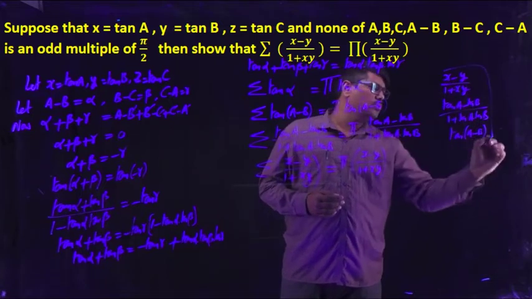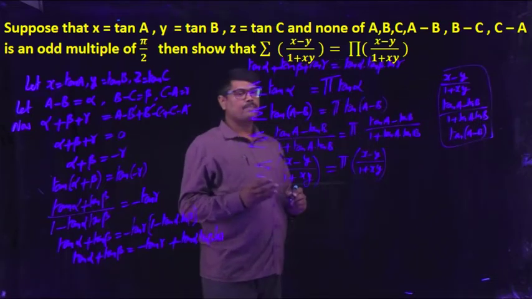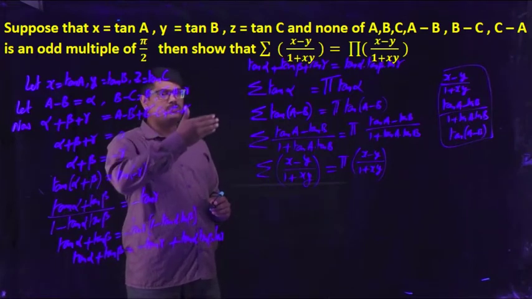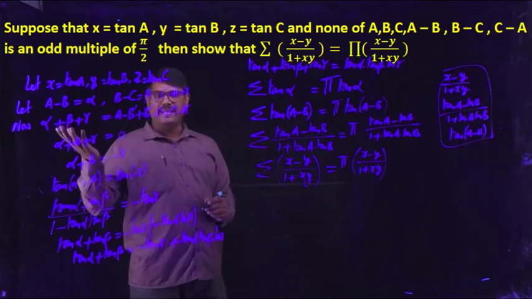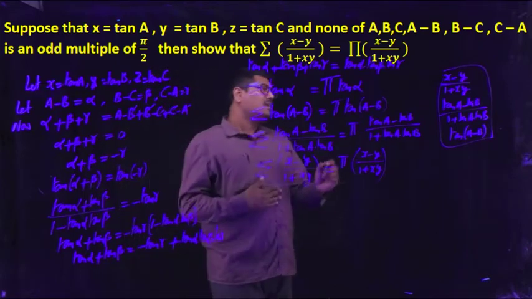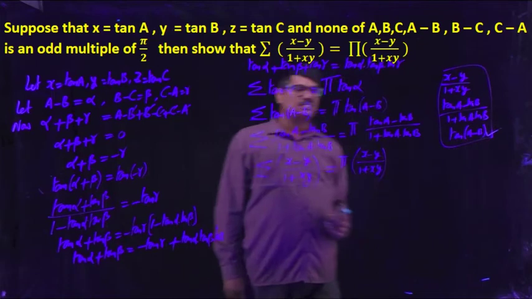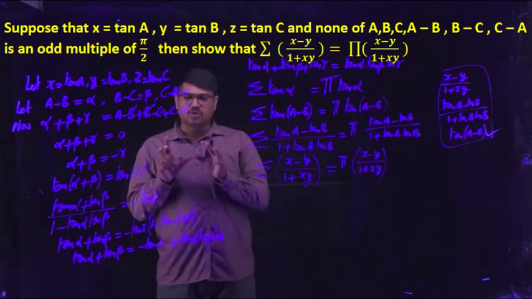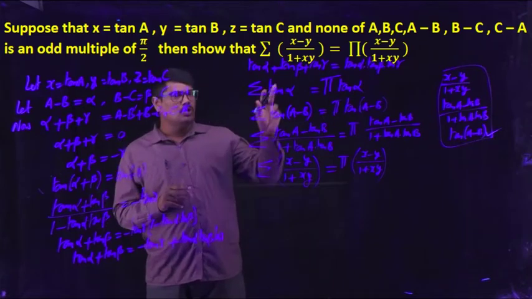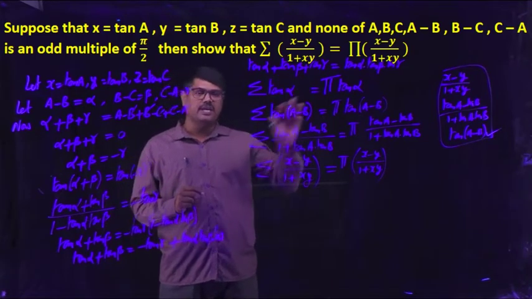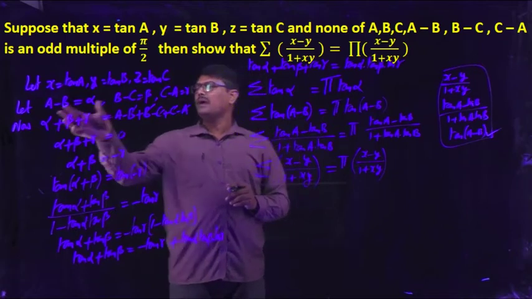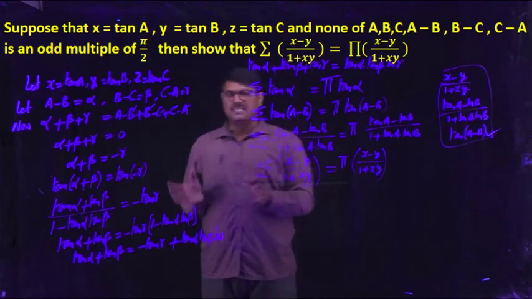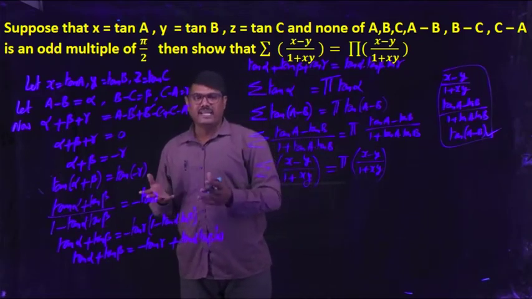So, here you need to get an idea. The expression we need to prove is x minus y by 1 plus xy, and they have given x as tan A, y as tan B. That means the value will be tan A minus B. So, the problem is related to the angles, not to A, B, C, but related to A minus B, B minus C, C minus A. You have to identify that. Consider A minus B, B minus C, C minus A with another notation, for easy simplification and easy writing.